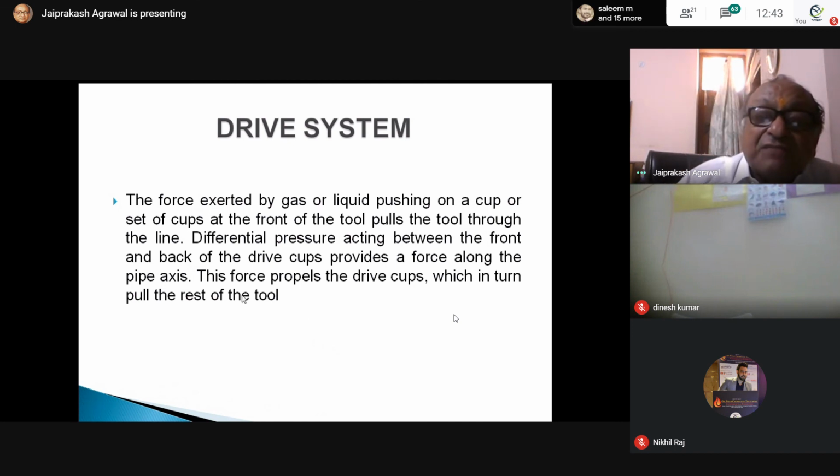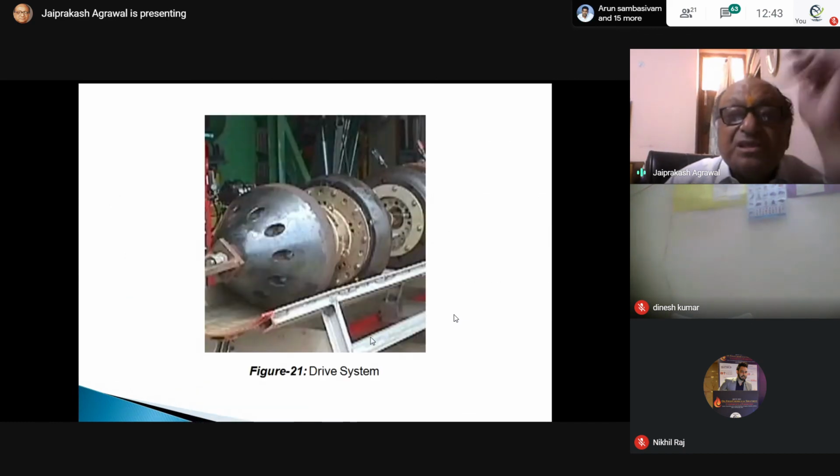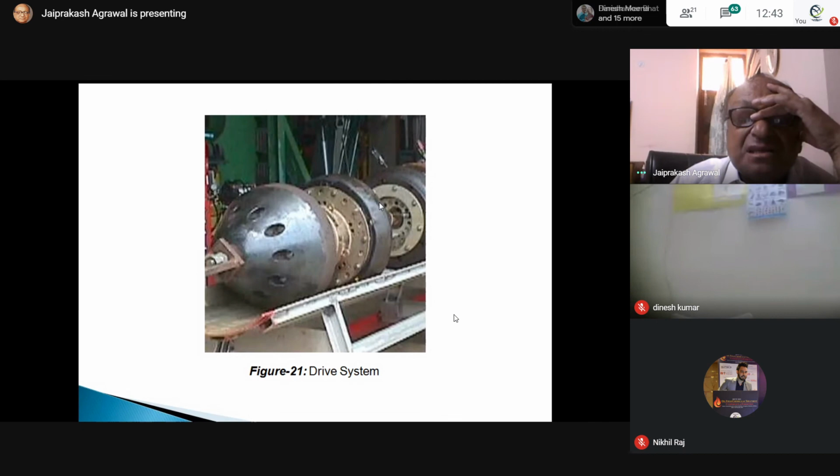So the drive cups are such that there is always a pressure difference. This is the drive system. You have the drive cups on both sides. As there is a pressure difference, as it moves, the pressure becomes equal, again some is drawn, again this pressure difference is there, and again it moves like that.